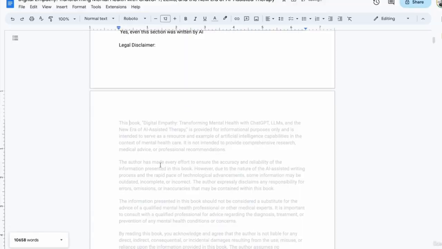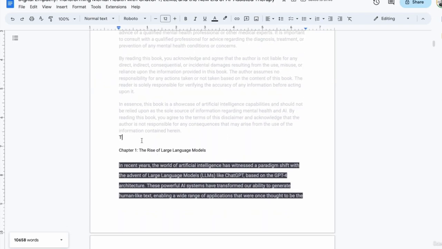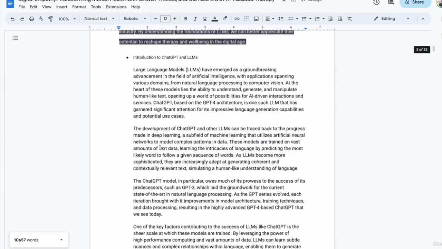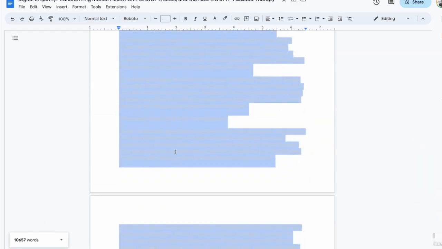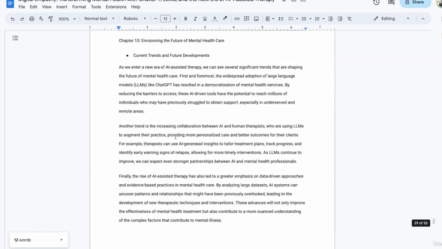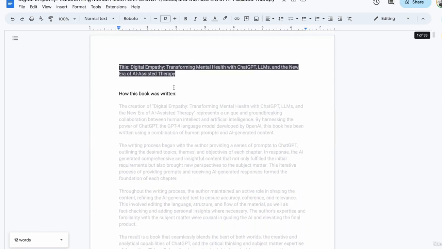All right, so this is the entire book, 33 pages and 10,000 words. I am just gonna edit it, the formatting, and then we're gonna take a look at creating the cover art with Dolly, and then we're gonna